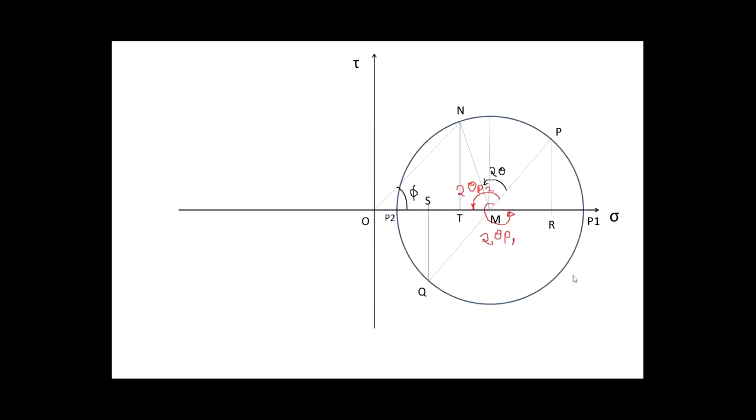Then you have to mark the maximum shear stresses. For maximum shear stress, from the midpoint you have to take a vertical line. See over here, this point will be the maximum shear stress, tau max. So go vertical, and that will be maximum shear stress. Similarly, you can get the maximum from the bottom also, but it is negative. Upward is positive, downward is negative, so normally we take the positive value.